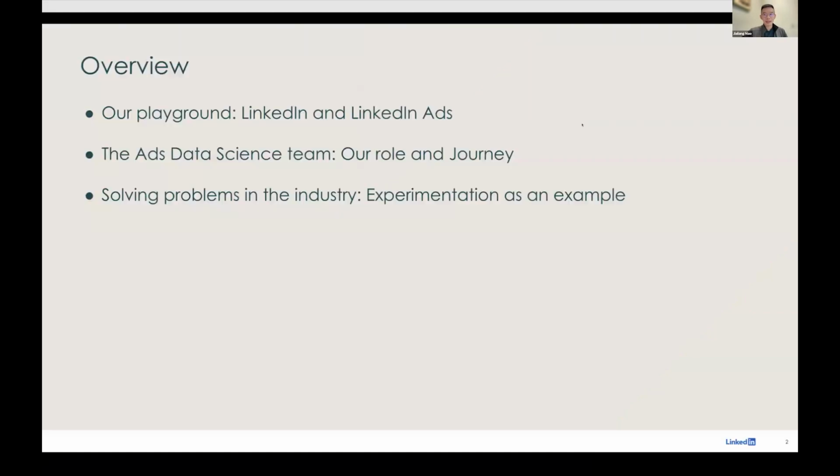So with that, a very brief overview of what I am going to talk about today. I will first set up some context: LinkedIn and LinkedIn ads, a high level overview of computational ads and also the business problems we need to solve. Then I will move to a somewhat weird topic, which I don't think has been covered very well in similar talks I've been to. I will talk about the role and journey of the data science team. More specifically, I will describe how we set up the data science team from the operational